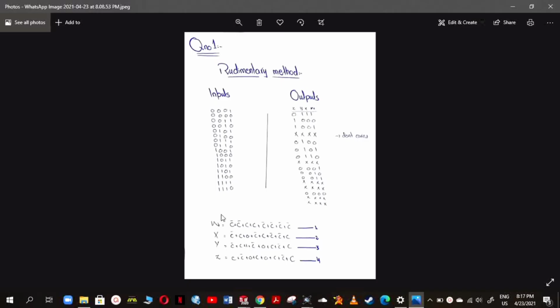First I compare W with C, then X with C, then Y with C, and then Z with C, and by comparing these I get these input conditions on output. Here you can see X, which shows don't care, because somewhere we have arithmetic operations and other operations. So for these we use don't cares.